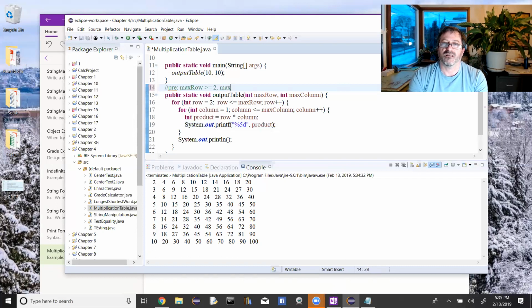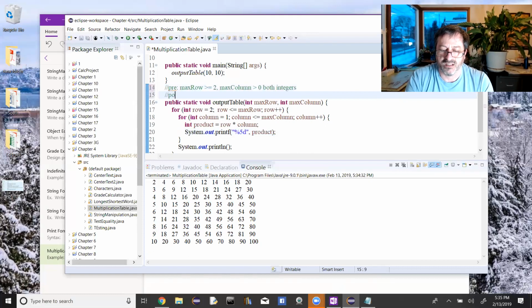And that max column is greater than or equal to 1, or just greater than 0. Both integers. We don't really need to say they're integers because their type is integer, but I will there. And then what's the post condition? What does this method leave us with? It should leave us with a multiplication table